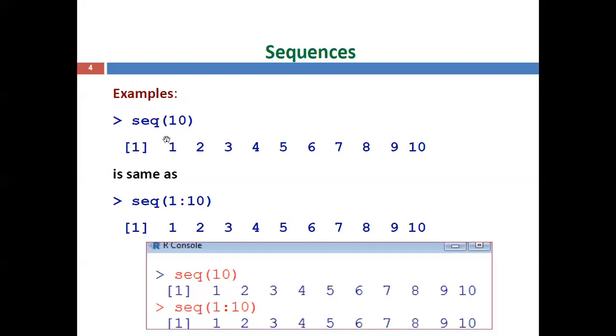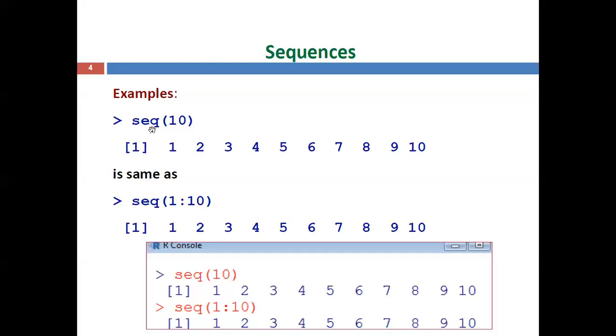Whatever the length, it is not a problem, but the sequence is from 1 to 10, and by default the increment is 1. First it takes 1, 1 plus 1 is 2, 2 plus 1 is 3, 3 plus 1 is 4, and so on, 9 plus 1 is 10. So 10 is the end value. Like that, the sequence is generated.